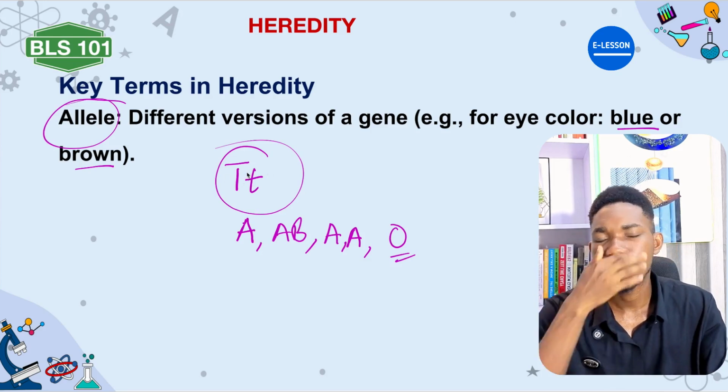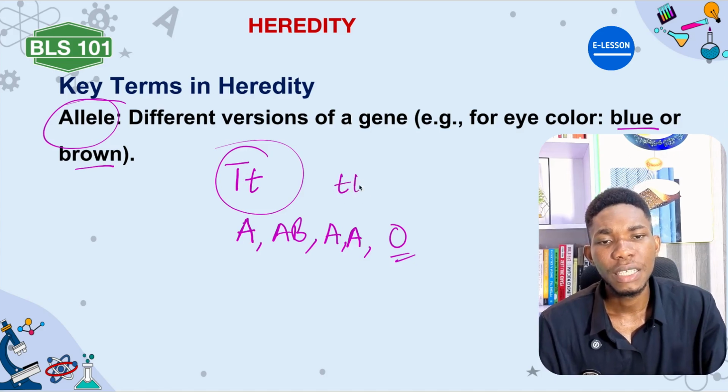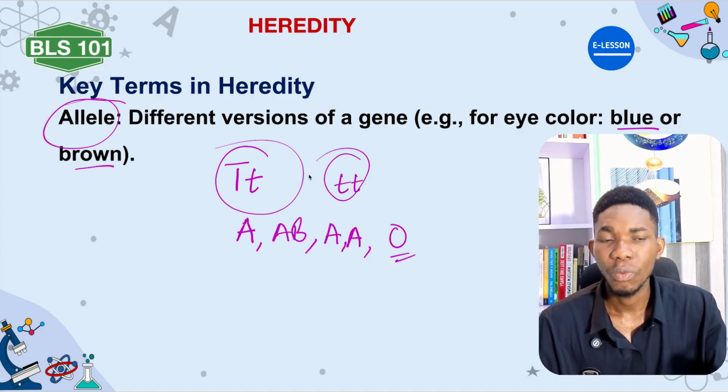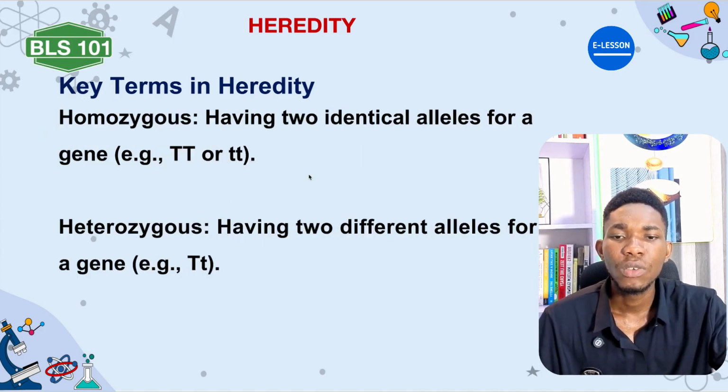For instance, this is an allele. They are pairs anyway. But this one is for a tall one because the tall one will be dominant. Then this one is the short one. All right. So that is that. Now,